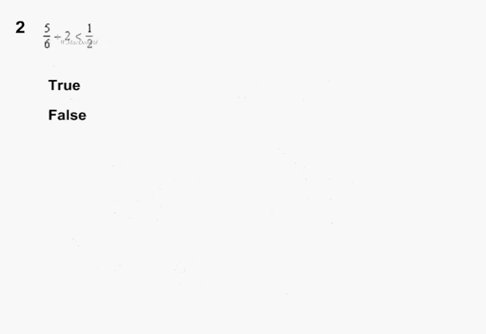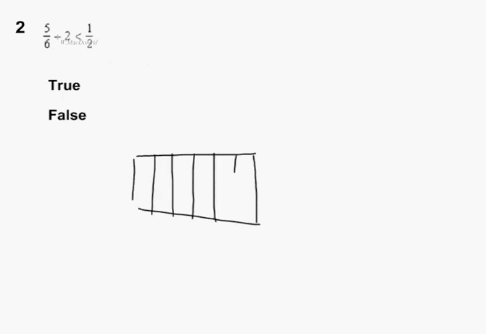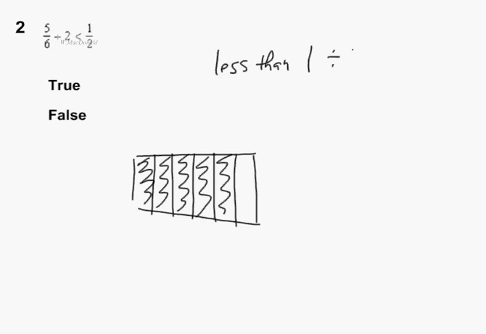The second question says 5/6 divided by 2 is less than half. Remember, I read this, and this was not eating it. So because it was not eating what I said, I must read it as less than. So 5/6 divided by 2 is less than a half. Well, let's check. So if I had 5/6, 1, 2, 3, 4, 5. So 5/6. This is less than 1. And if I take something that is less than 1